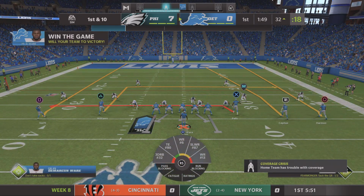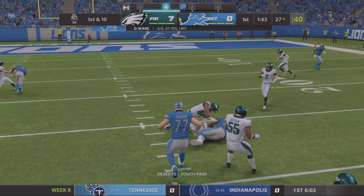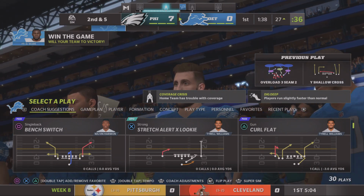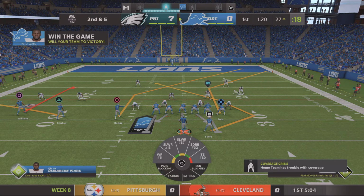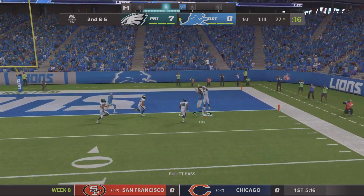From the 32 now, here's 1st and 10. Back to throw again. Over the middle, it's Fells. 5 yards on the catch there, brings up 2nd down. We've seen quite a bit of the short passing game here early on in the 1st quarter, haven't we? We have, and I think it works a couple of ways for this team because, number one, you throw the short game until they stop it. And if they're not going to stop it, you keep throwing it, and occasionally you...